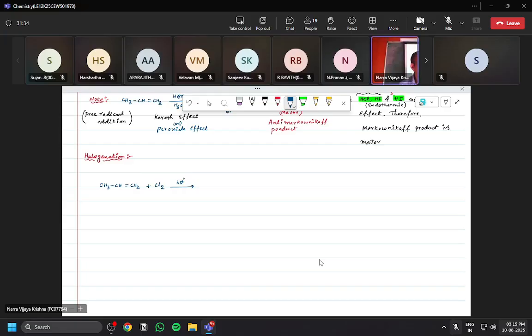What happens? Chlorine in presence of sunlight or on strong heating, or N-bromosuccinimide or NCS. In all these cases, allylic substitution happens, not an addition reaction. If the same chlorine, I will write this way: if it is allowed to react with bromine in presence of CCl4 or chlorine in presence of CCl4, now